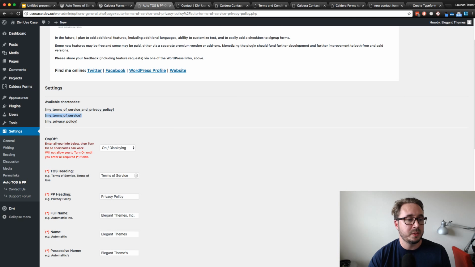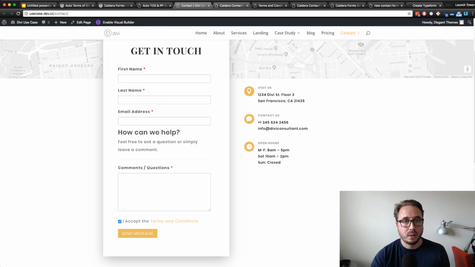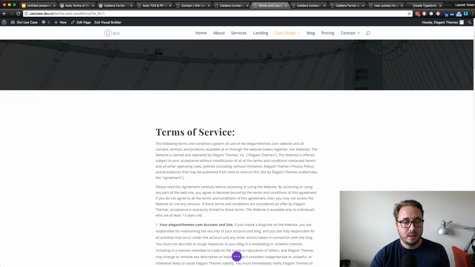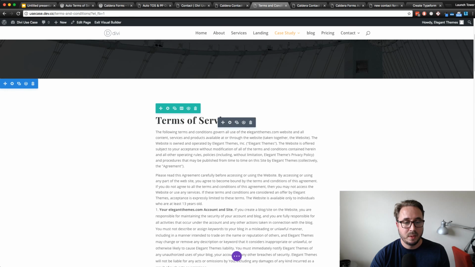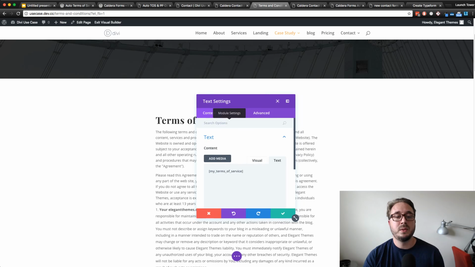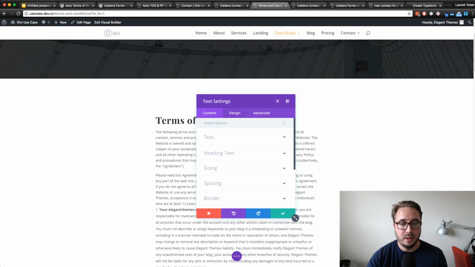So all I did was copy this one here, my terms of service, and then went down here to my text module. And again, I used the text module because I want to harness the ability to use the design settings to design the text that is going to be deployed from the shortcode. So all I did was add the shortcode there, and then I can come in here to the design,